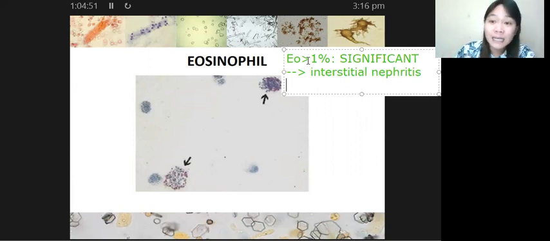Kaya tataas din sila. Their numbers will also increase in cases of hypersensitivity reactions, such as in the case of your interstitial nephritis. Okay? Your interstitial nephritis, yan. So it may be drug-induced, due to your exposure to certain drugs or to certain chemicals or toxins for that matter. All right, so apart from that, we are also considering